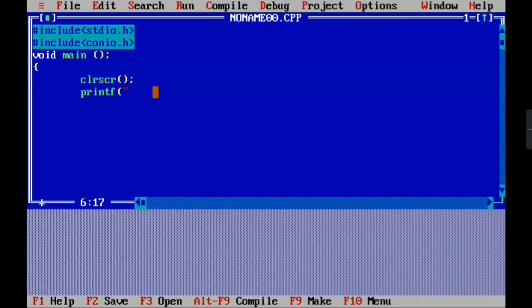Now we will write here, and we can give any symbol, like I am giving this one. Okay, then I am putting \n. As I have told you earlier, \n means the next line.